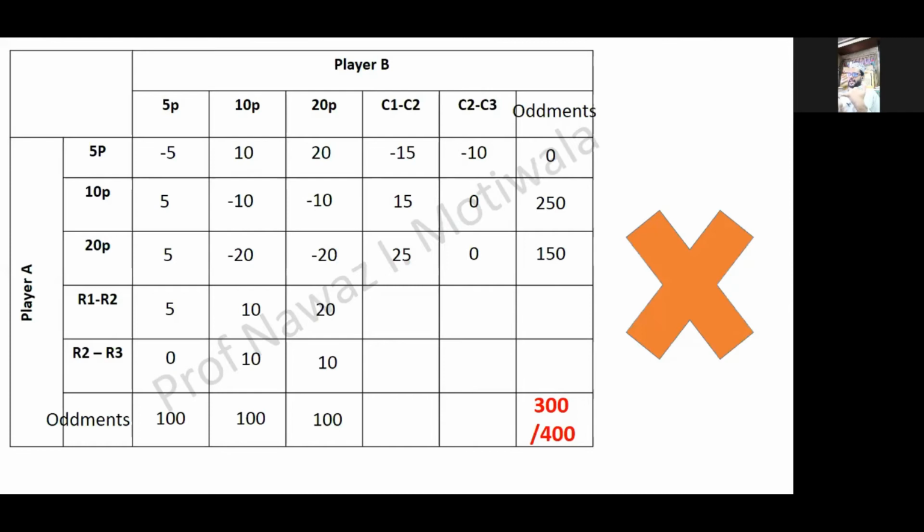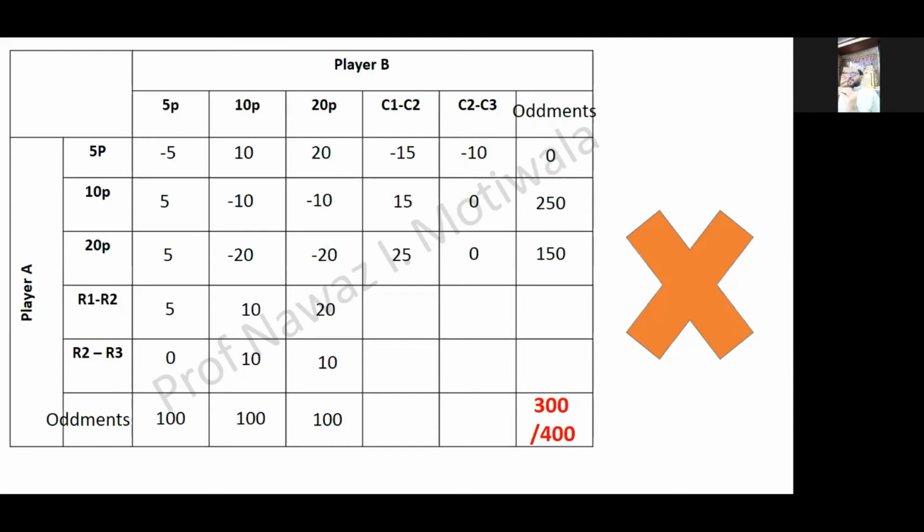If saddle point exists, the answer is directly available. If saddle point does not exist, we go for mixed strategy. We try to reduce the number of rows and number of columns by applying dominance method. It can be either pure dominance or it can be average dominance. And then we go for either formula method or augment method to find the solution. Okay, now